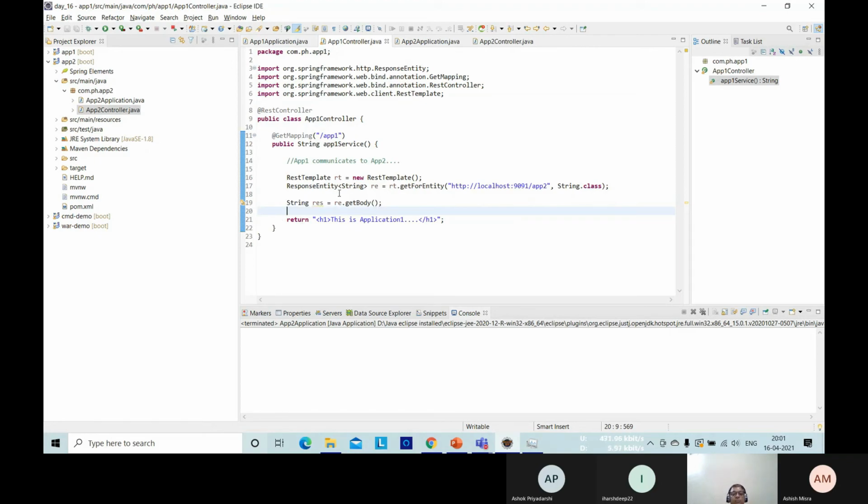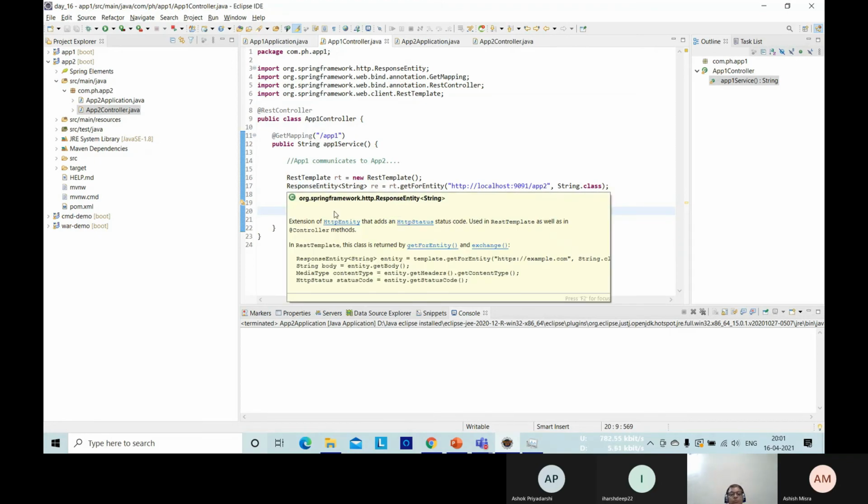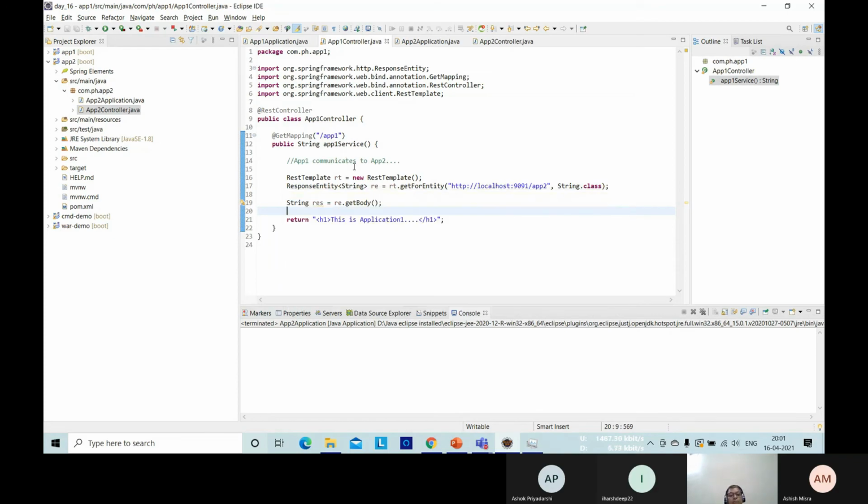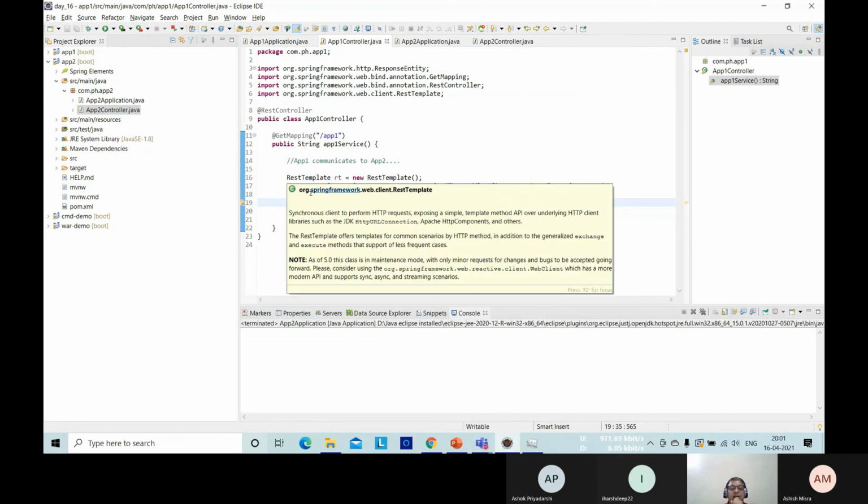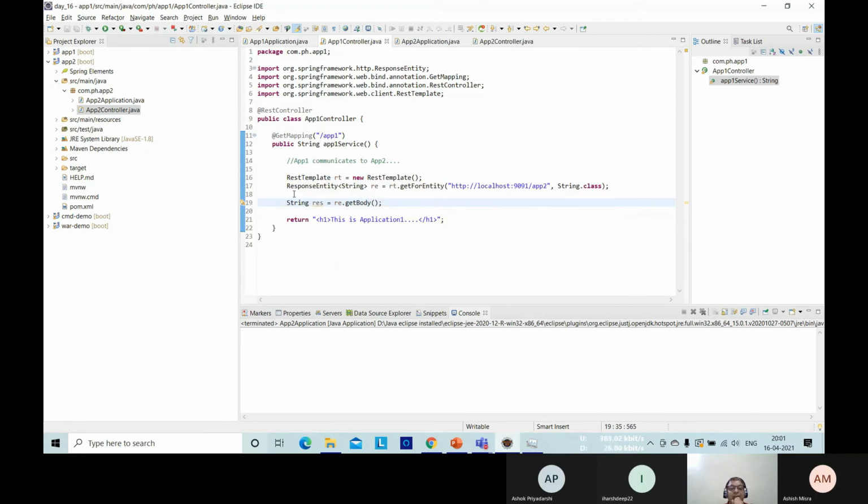Okay. So now we are about to complete. Let's see carefully the new things. What we added today is only these two things. One is the RestTemplate class, another one is the ResponseEntity class.